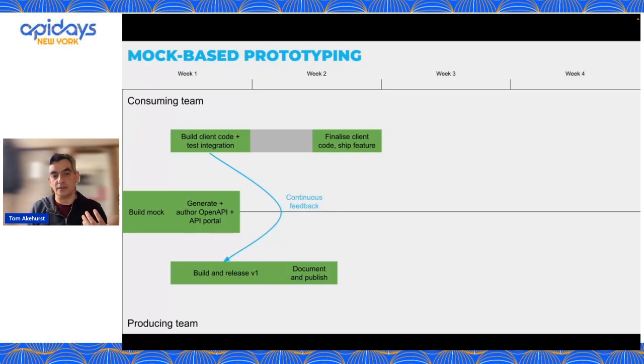And likewise, the producing team have got something on which they can start building straight away as well. So this enables a lot of the work to move left in the timeline, a lot more parallelism to occur. And it also means that because the consuming team have started building very early, they can continuously feed back